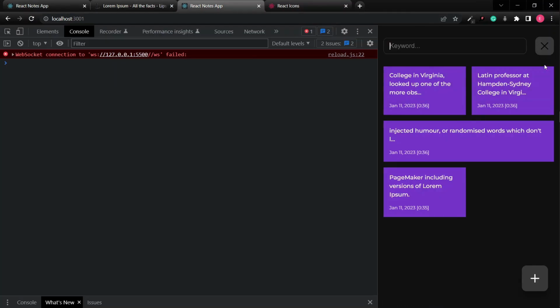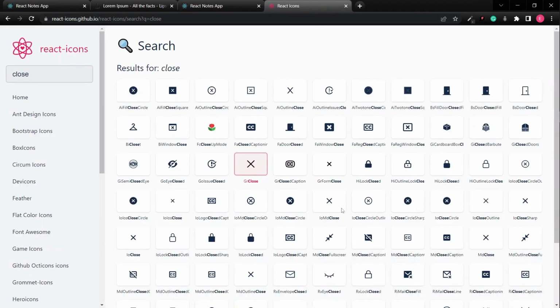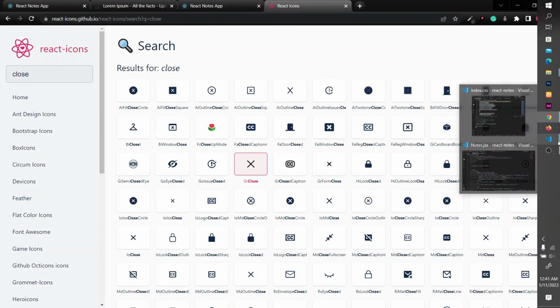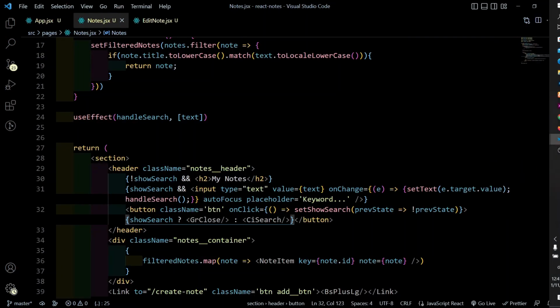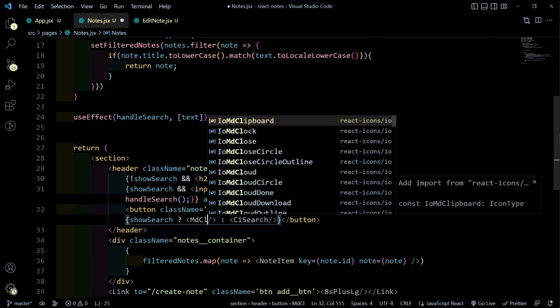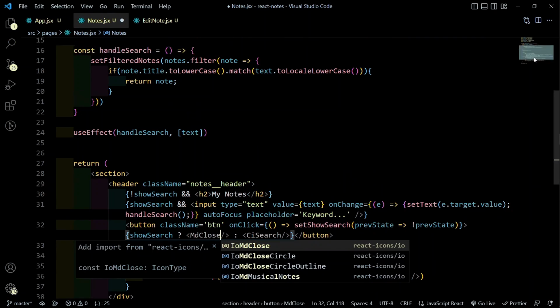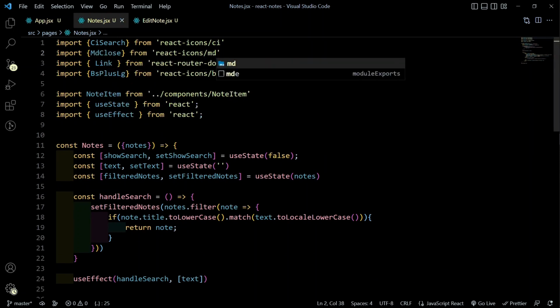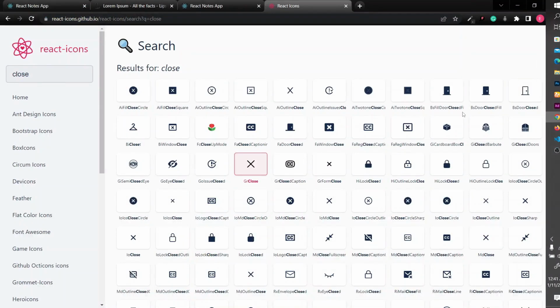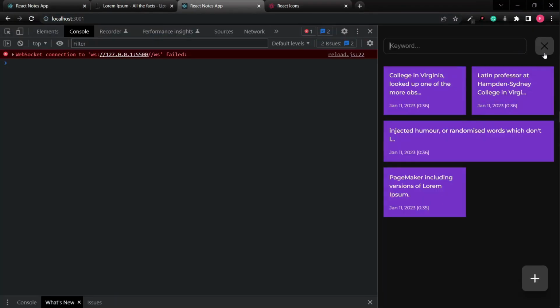Okay, and I think we actually have a problem. There's an SVG, I think. So let's actually change this icon. I'm just going to type in what I used. That's the name of the icon, MD close, and that's coming from MD. Perfect. So now it should be white. Perfect. All right, so we can show and then hide